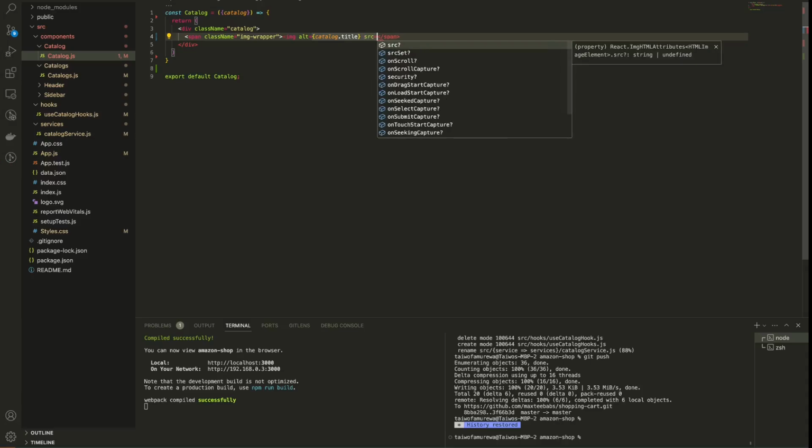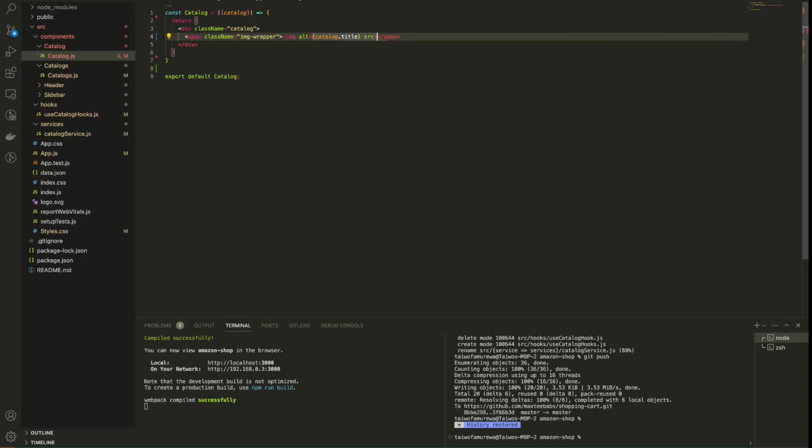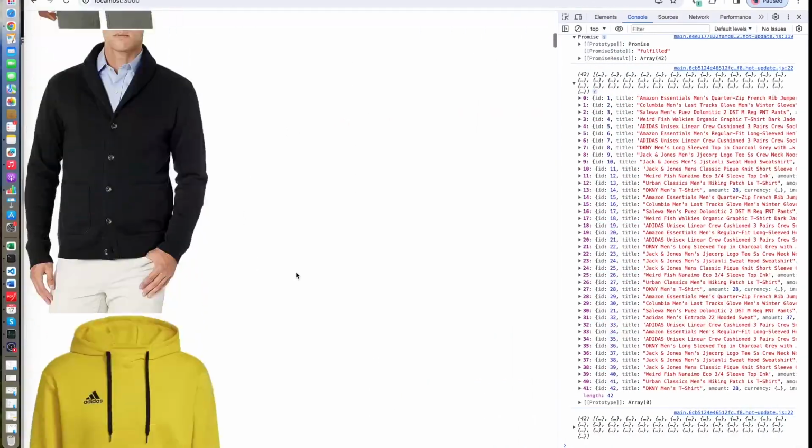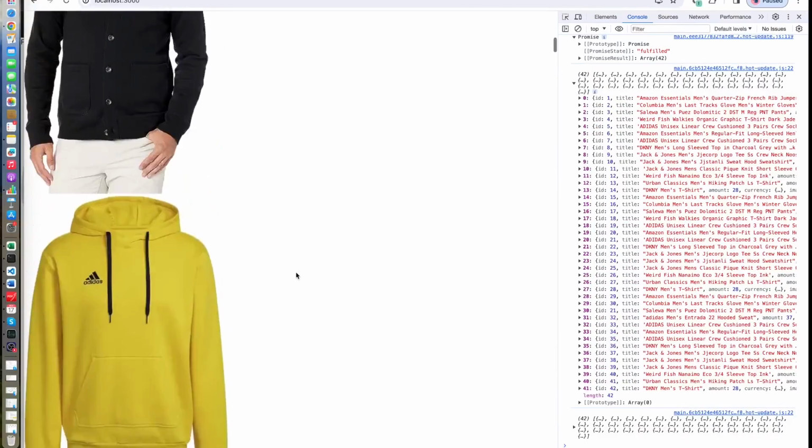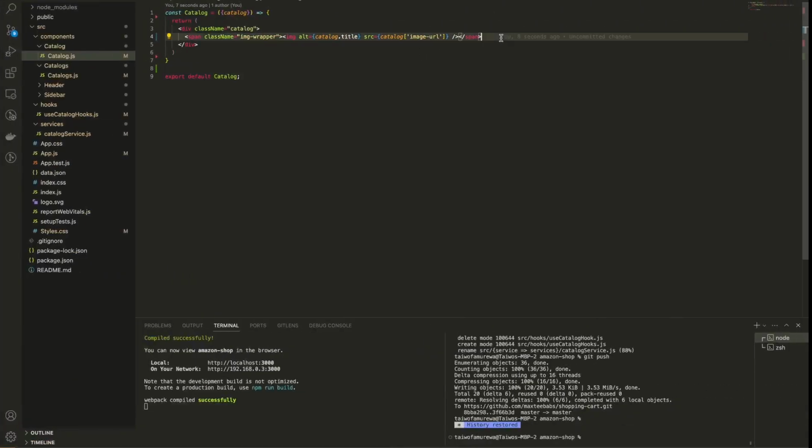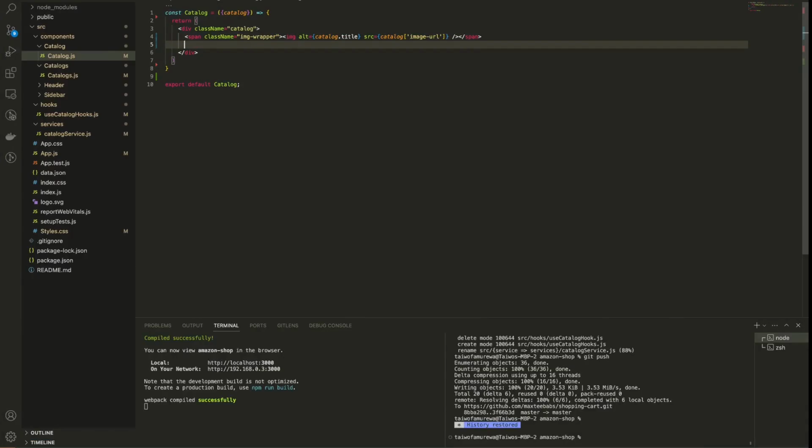And we need a source. In that source we need to display the catalog image URL, and so that is all we need, and we need to close it, the syntax. So if we see this, you have our images coming up right here. So we also need to start implementing some of these things. So before we can do that,